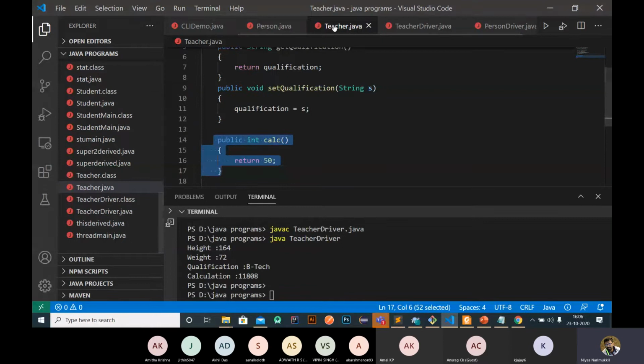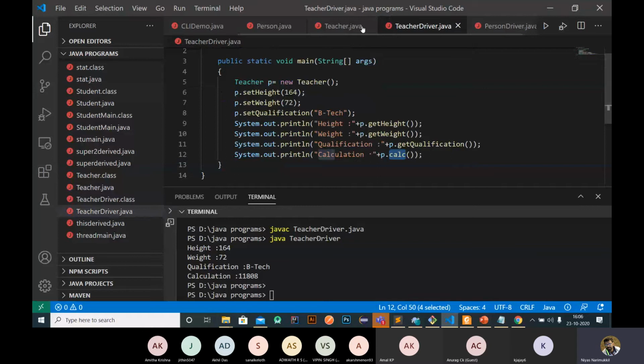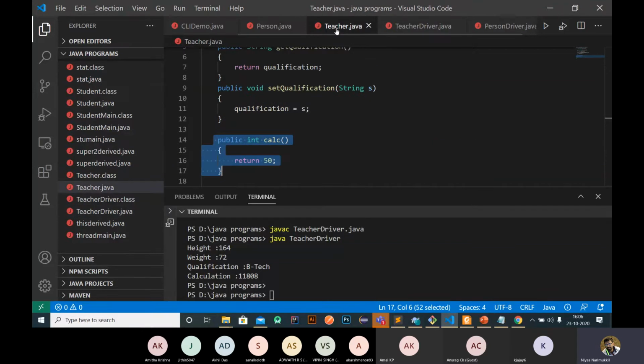That is, any method specific to an object's class is called with highest priority. If no such method exists in that specific class, then only it will look for the method in the parent class. So the child class can override the parent class by implementing the same kind of method inside the child class.